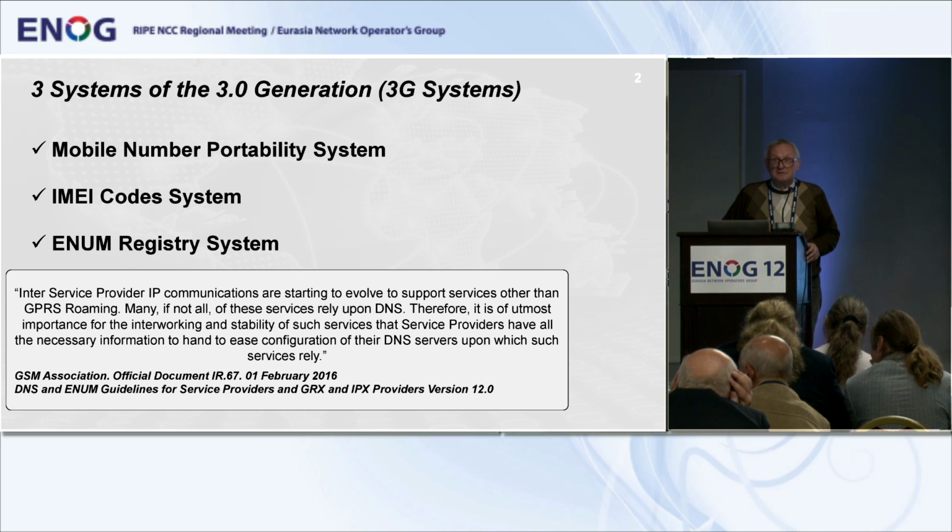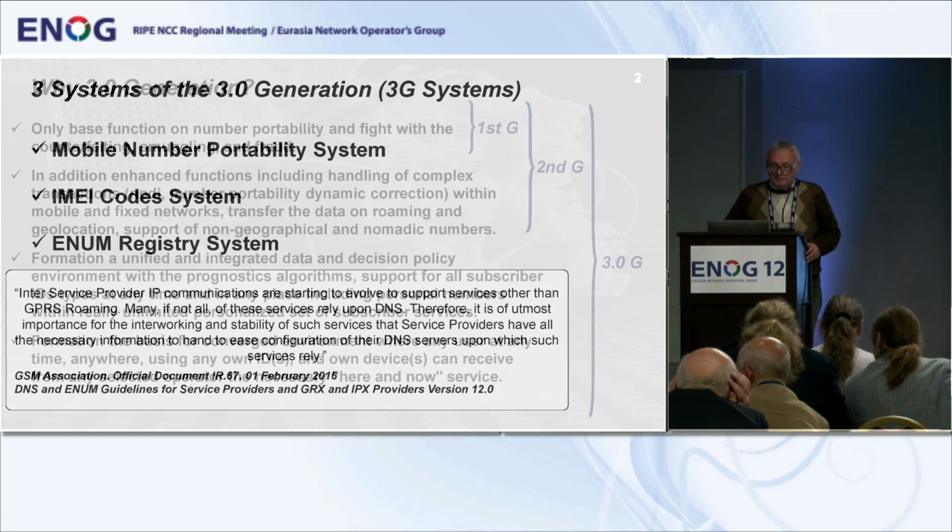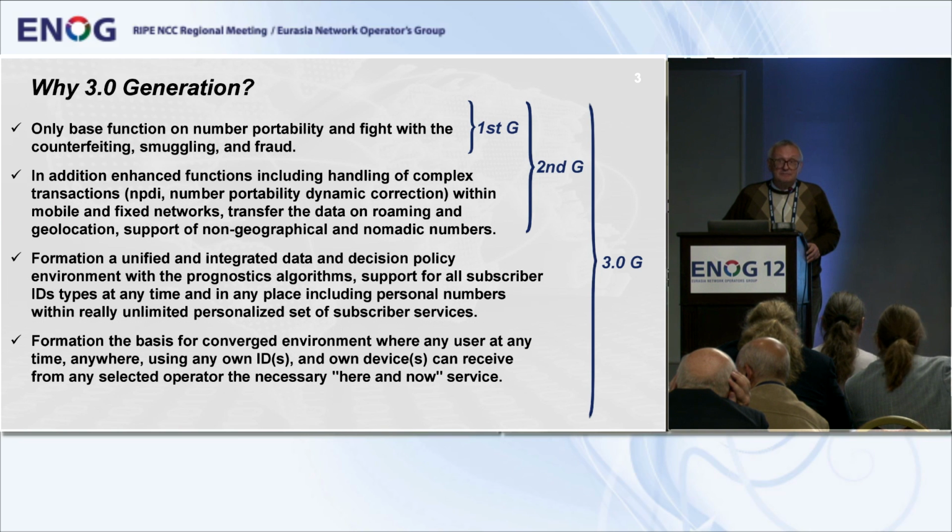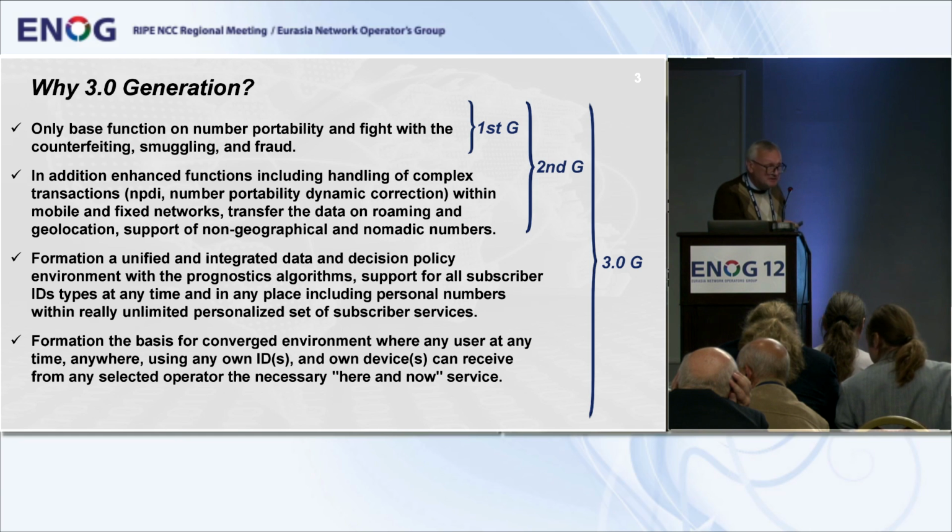Probably it's not a secret for anyone that ENUM is used on the level of interoperability between the communication operators, and it's been used quite a long time and quite successfully. It's a different thing that the core that is being used there is a different domain. Why third generation of the system? I'm not going to stop on the two generations as the time is limited.